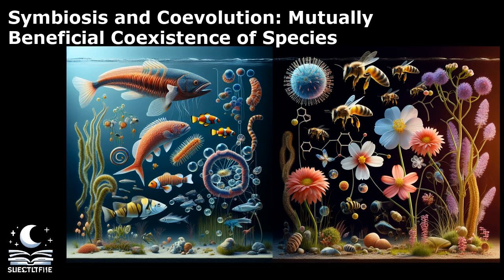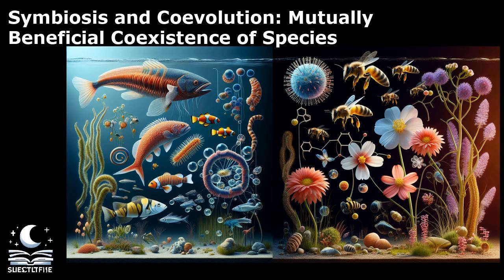Coevolution is a fascinating biological concept that describes the reciprocal evolutionary changes between two or more interacting species. Unlike traditional evolutionary processes where species evolve independently, coevolution occurs when the evolution of one species is directly influenced by the evolution of another species, leading to a dynamic and intertwined relationship. This phenomenon often results in a series of adaptations and counter-adaptations as each species responds to changes in the other.